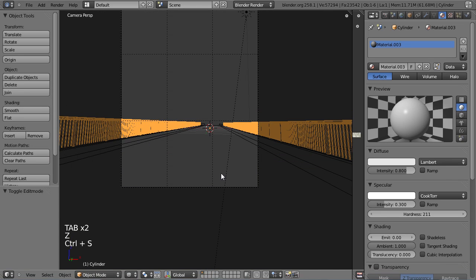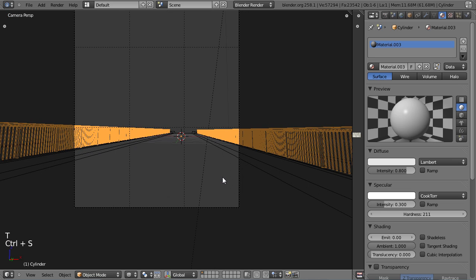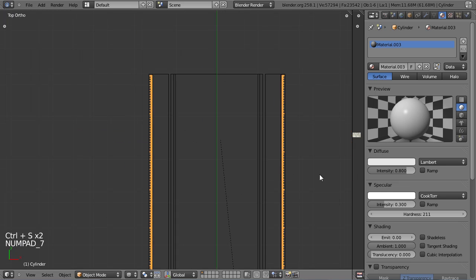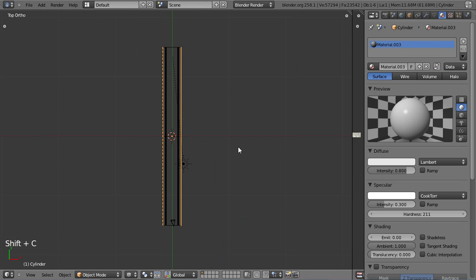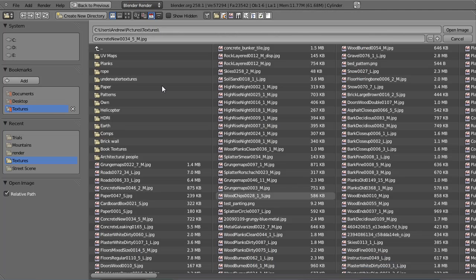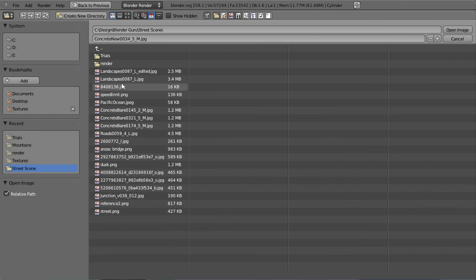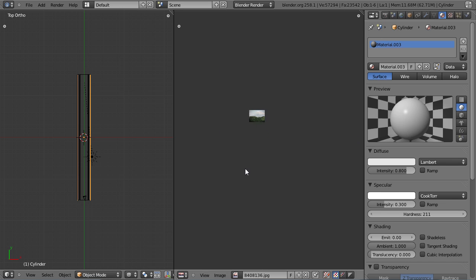Okay, cool. So now what we're going to do is model the bridge itself. This is getting into the complex stuff now. I'm going to be using a reference image that I actually purchased, so I can't actually share this with you, but I'm putting it on the screen here, so you